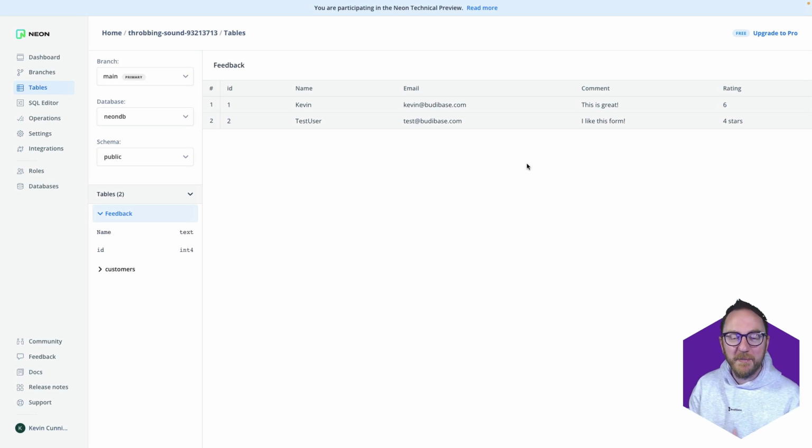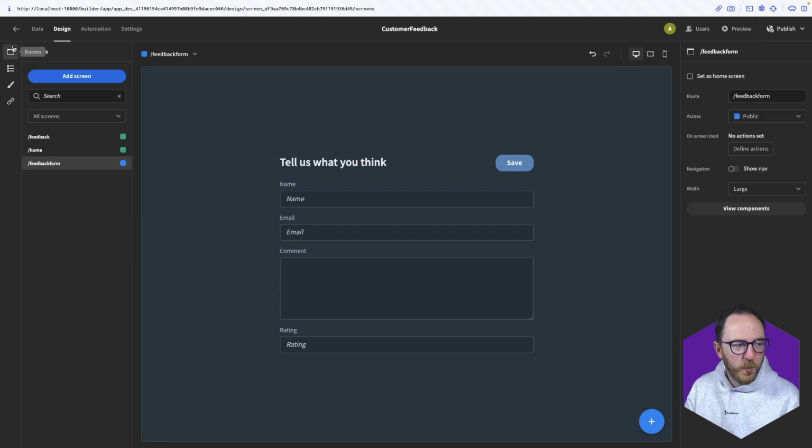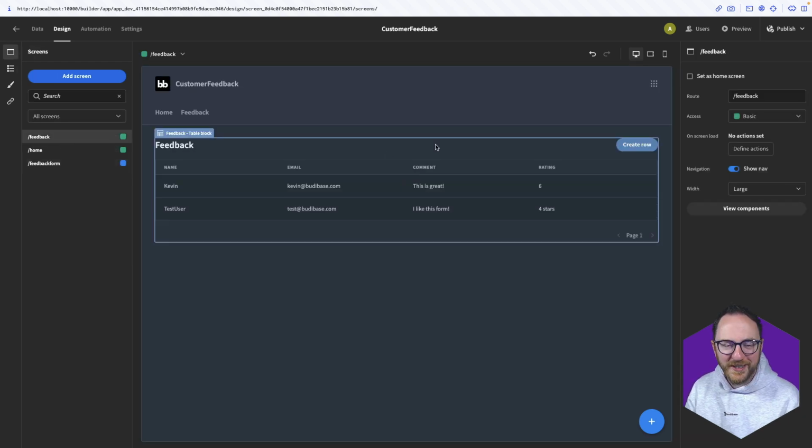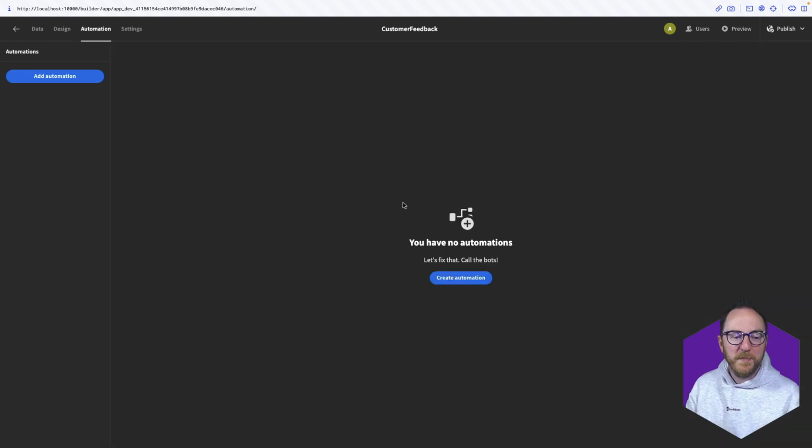So using a separate database like Neon, which we haven't had to set up, which is serverless and scaling and fast and brilliant, we can have multiple applications sharing the same data source, which is really cool. So Budibase has a data layer where we can have multiple data sources. It's got this design layer where we can quickly create CRUD applications almost in 1 or 2 clicks. We can create these forms. And we also have this automation layer, which allows us to respond to actions within the app. So user clicks, row creation, or actions coming into the app through a webhook or some other thing and do